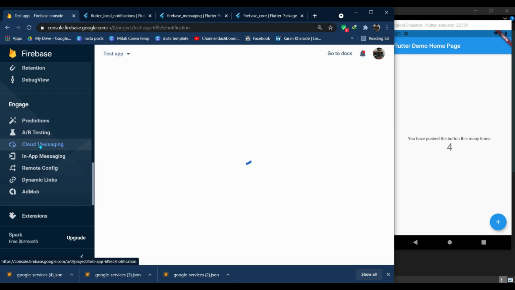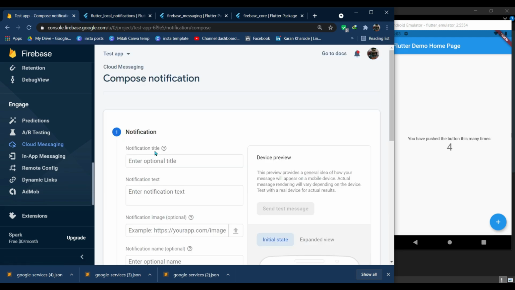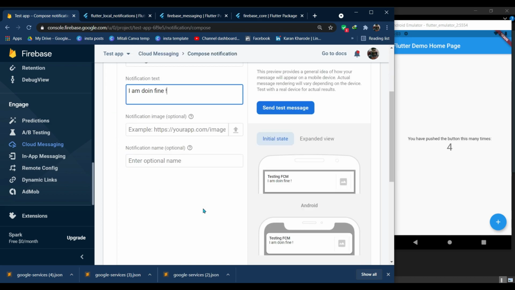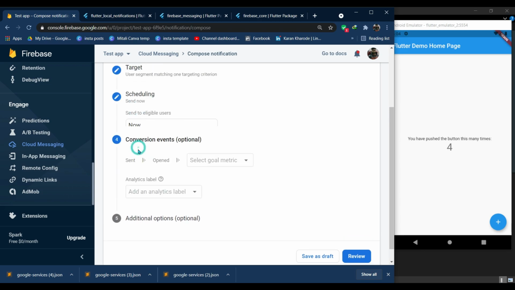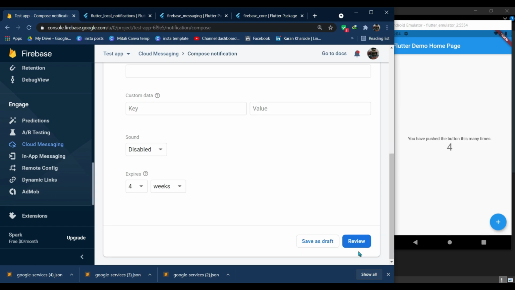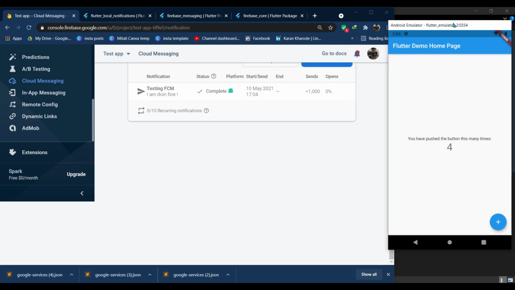Now it's time to test the notification with Firebase Cloud Messaging. I'll just create a new message here and send it, and I'll enter the title, testing, and then I'll enter the body, I'm doing fine, and then I'll just send this message. I'll just go through the few steps here. I'll target the particular app that I created here, and then I'll click on next, and then next again, multiple times, and then I'll just publish this notification, and we'll wait for some time because it takes time sometimes. Wait for it.